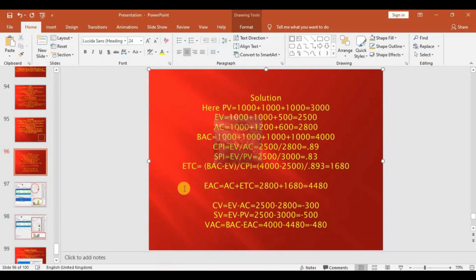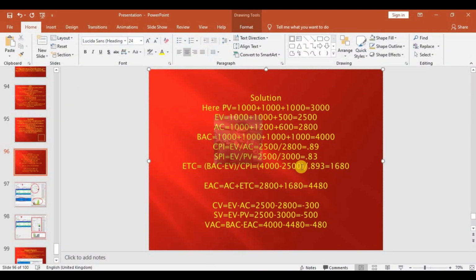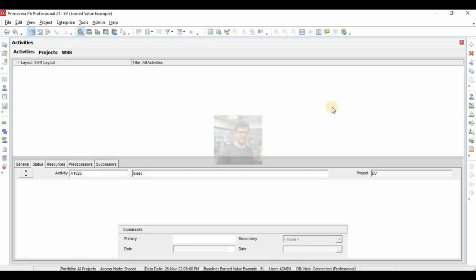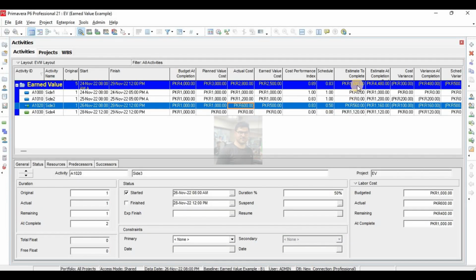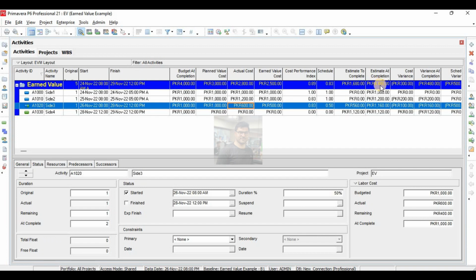Now check with the example. Your SPI is 0.83, see SPI is 0.83, and ETC is 1680, ETC is 1680, and estimate at completion will be 4480. Estimate at completion is 4480.